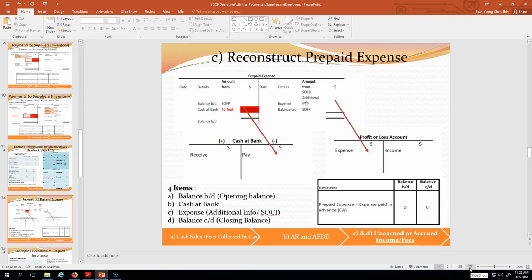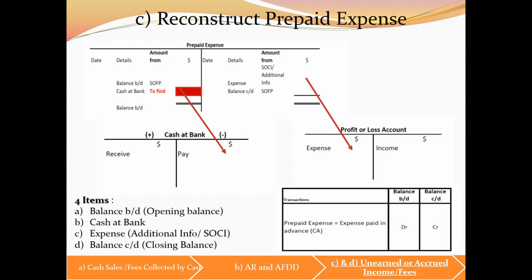Okay, greetings. Continue from after the reconstruction of accounts payable and inventory account. That is part of payment to suppliers. In that case, it's only one part of supplier, which is payment to inventory supplier. So what happened to payment to other types of suppliers? We have to look at SOCI and look at other expenses and check whether our SOFP got prepayment or accrual